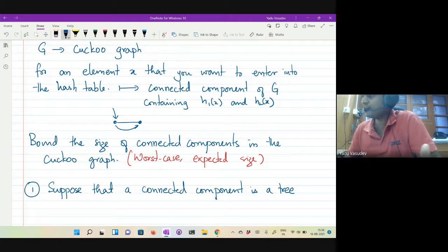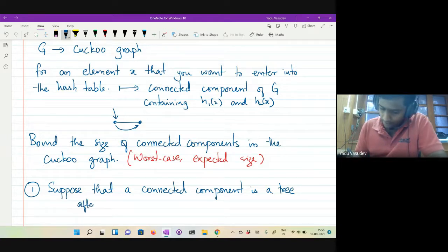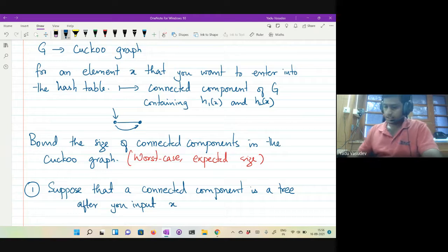Say you have a tree. What can you say? After you input X, will you be able to actually enter it? So what will you do in this case?